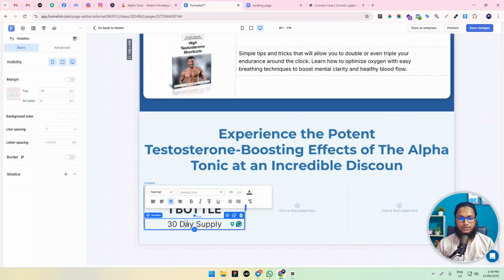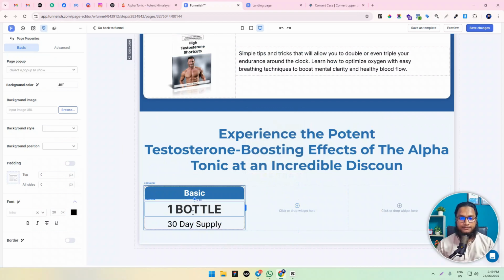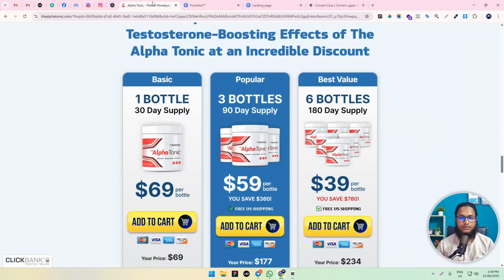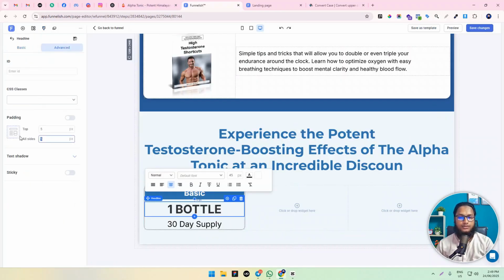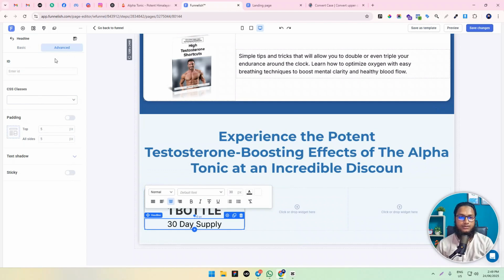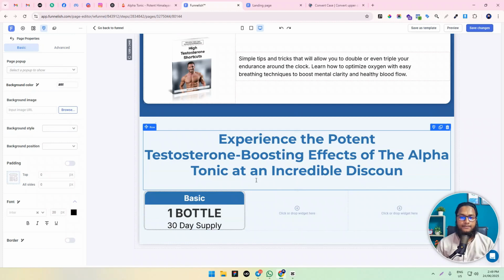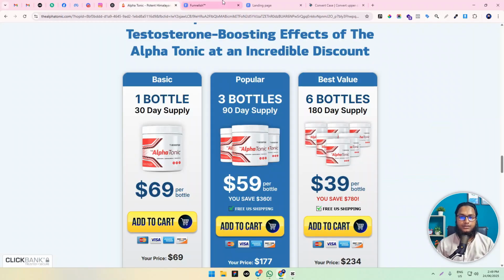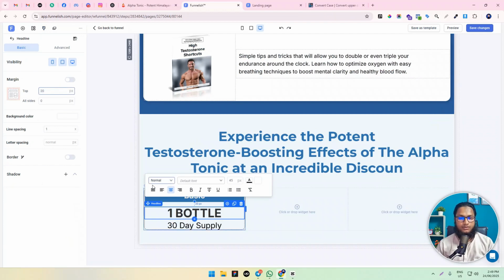30 pixel and the color fully black. Let's check the space. Let's remove the padding here and also here 10 pixel space, and here I can increase to 20 pixel,